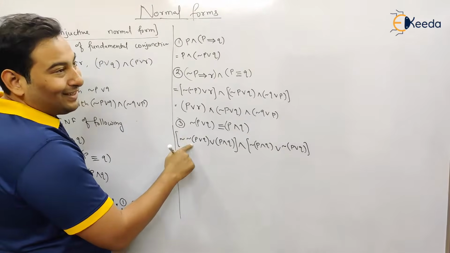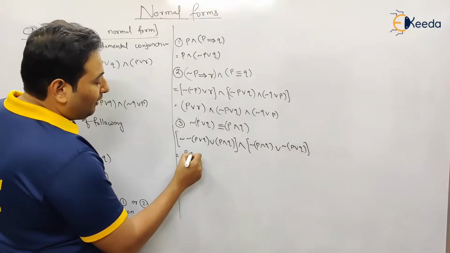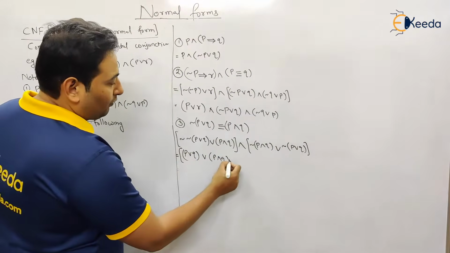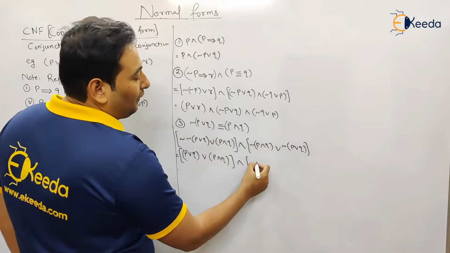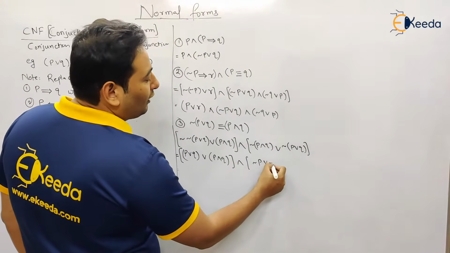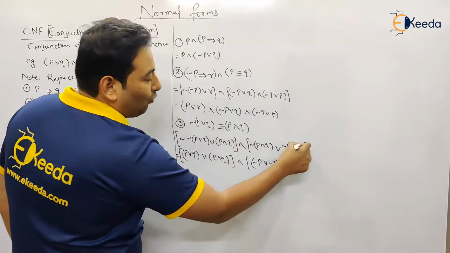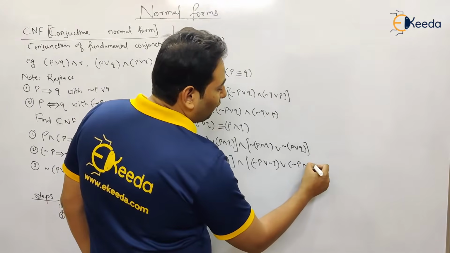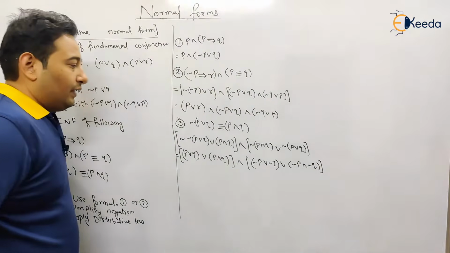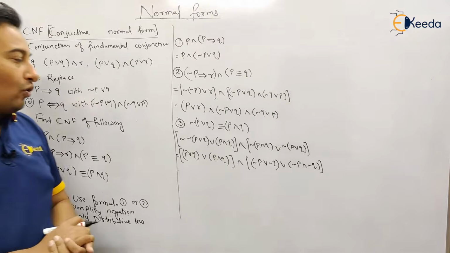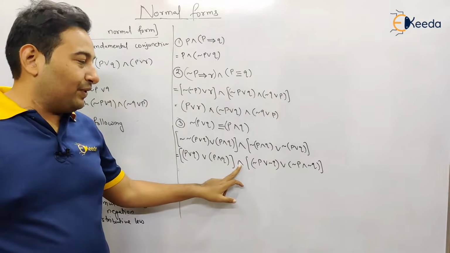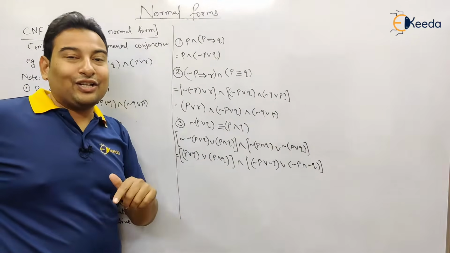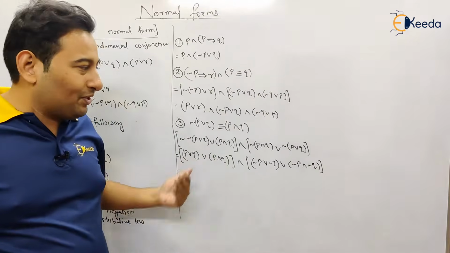Let us simplify this expression. That will be equal to, this negation will cancel each other. Here we will be left with P or Q or P and Q. In between we have and, and if I open the bracket, this is negation of P or negation of Q, or if I open this bracket again, this will be negation of P and negation of Q. Now let us check whether it is in CNF or not. Obviously it is not, because see here, there is a conjunction, but here there is a disjunction. These two terms must be separated with conjunction to be in CNF format. So obviously it's not in CNF format.